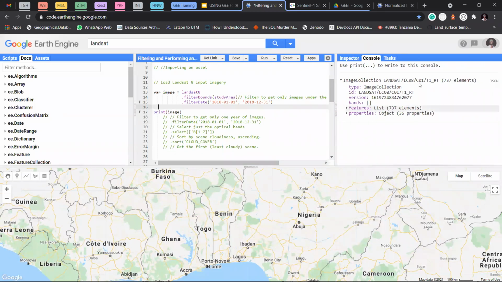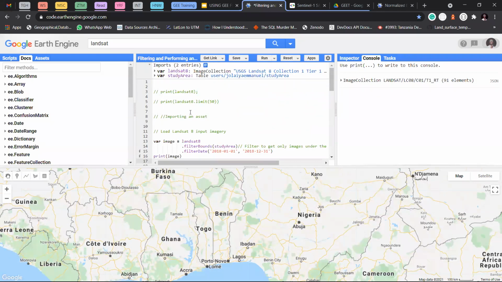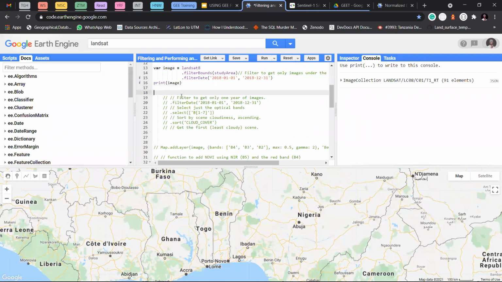Now we have 737 elements. If we run this, it should be reduced at least. Yeah, I can see we have just 91 now. So we're just printing out actually. So let me add them to the map so we can get to see them on the map. So we use this function, Map.addLayer